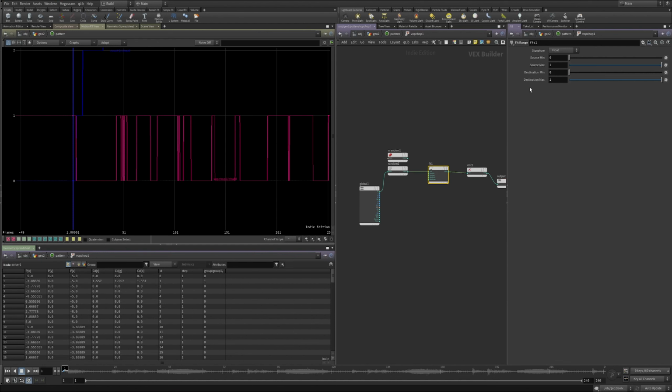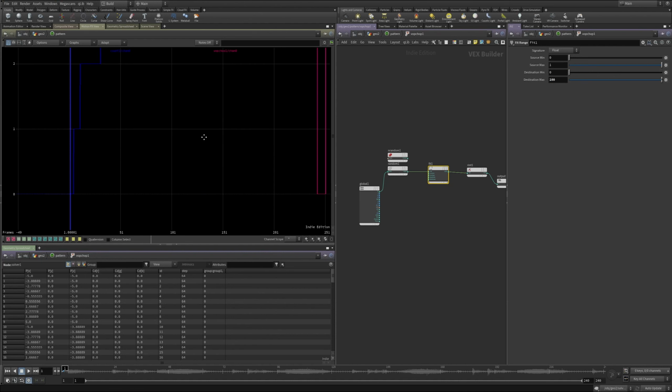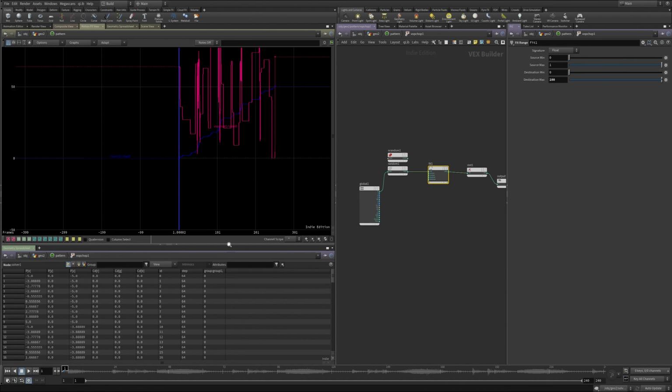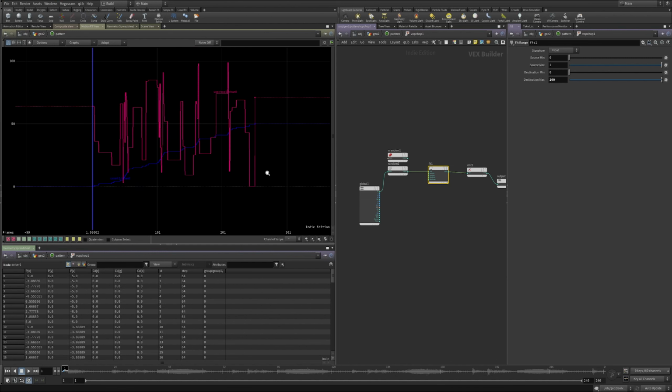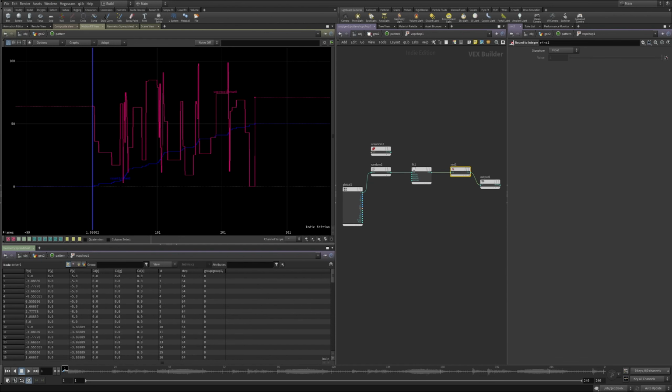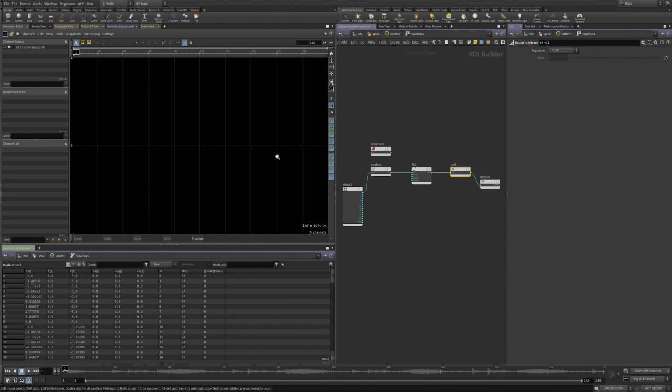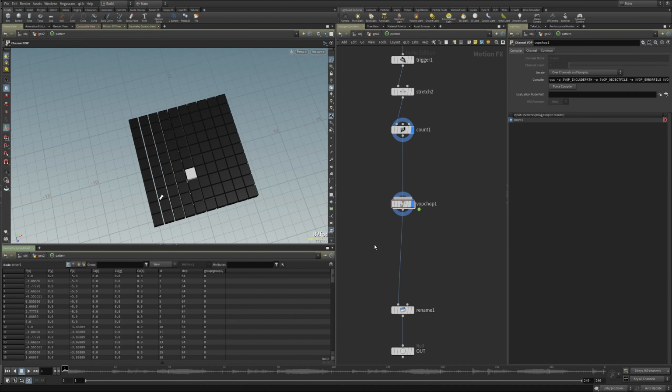And so this says our incoming value is 0 to 1. Let's make our outgoing value between 0 and 100 because we have 100 cubes. Okay? So now every time there's a value change, we get a random number somewhere between 0 and 100, and we are just making sure that those are integers. All right, now if we hop back up to that, and we just play this out, we're getting just what we would expect.